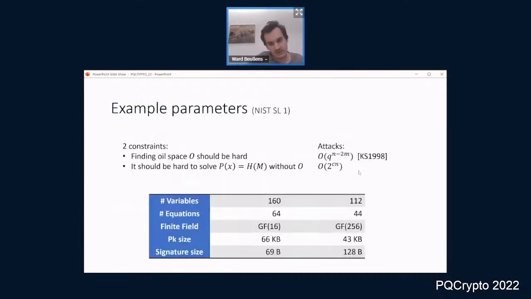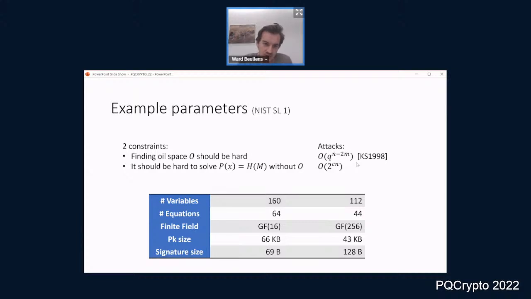And the attacks that we have work with complexity like this. The first attack on this problem had complexity q to the n minus 2 times m. So if your number of variables is 2 times the number of equations, then you have a polynomial time attack. But as soon as n starts growing beyond 2m, then the attack becomes really expensive. Nowadays we have better attacks, but they still have this behavior that for n equals 2m, the attacks work in polynomial time, but then the attack quickly becomes much more expensive. So that's one requirement. n should be bigger than 2m.